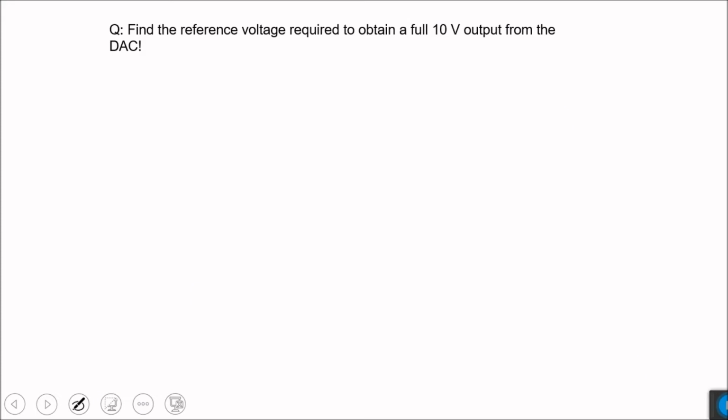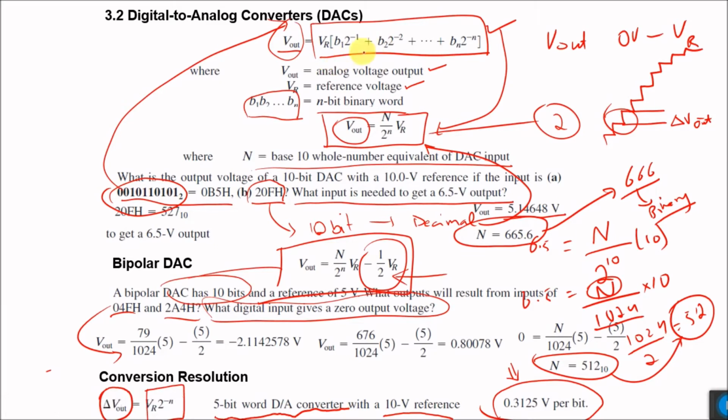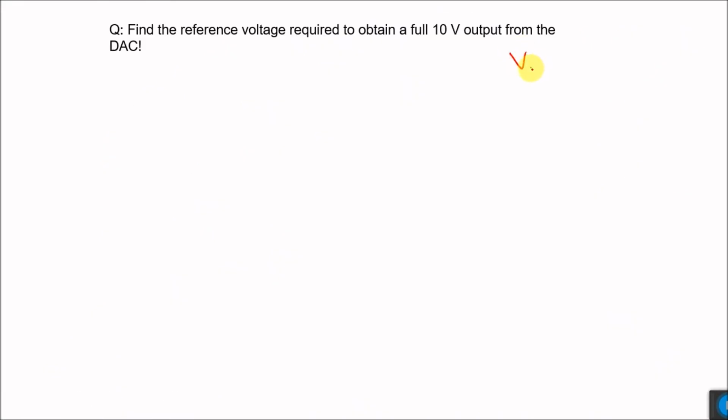Then there is another concept, and that is related to the maximum output that can be generated by the digital to analog converter, and we generally assume that it is equal to the V reference, but that is not the case. How? Let's go back to this formula. If we see this formula very carefully, it is V out is equal to N over 2 raised to power small n into VR. So here let me write it again. V out is equal to capital N over 2 raised to the power n into VR.